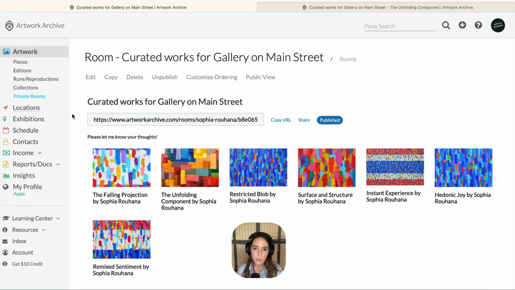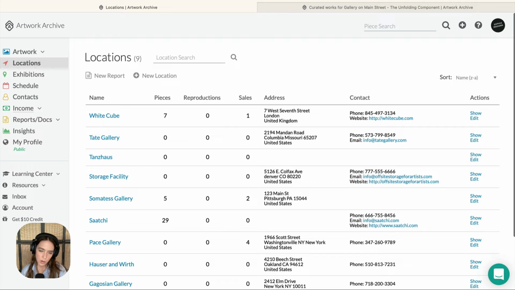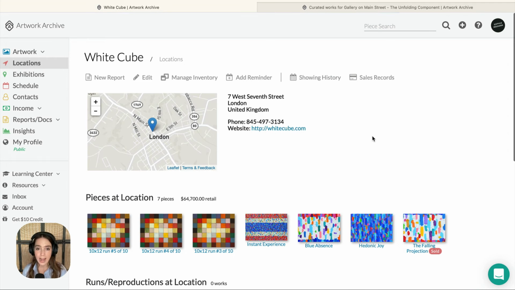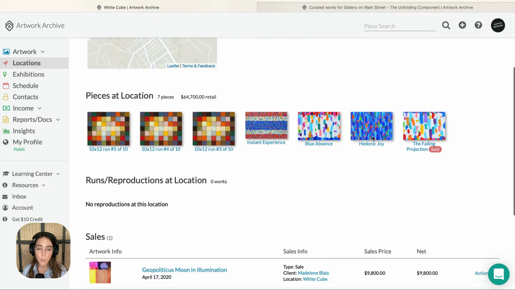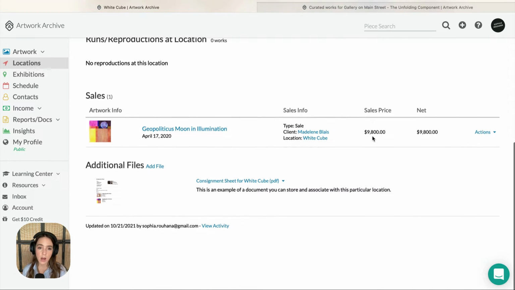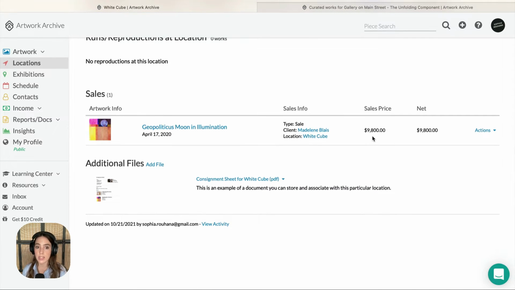Locations are any place your work is showing outside of your own inventory, such as galleries, shows, places of business, storage facilities, etc. And here you'll get an overview of what is currently showing at this location. Also, what has sold from the location and what has exhibited here in the past. You can also include any important contracts and keep track of important dates by setting automatic reminders for yourself through